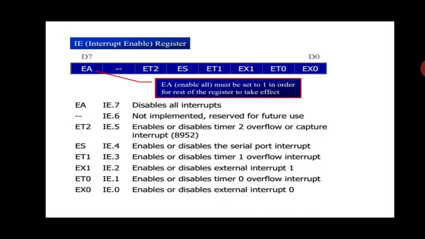In today's session, we'll continue from the previous class in which we had discussed interrupts. The interrupt is supported with a register we call the IE register, through which enabling and disabling of an interrupt can be performed. Each bit is indicated for the timer and external device. If the bit is set to 1, it is ready to accept the interrupt. If it is disabled, it will not take any interrupt.